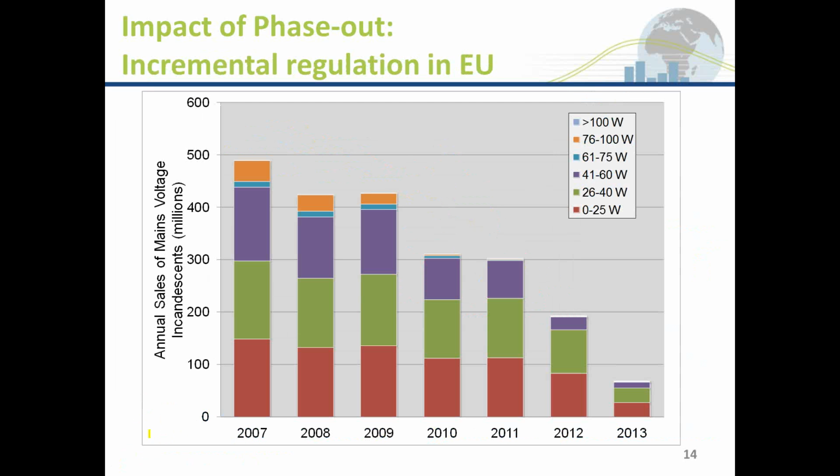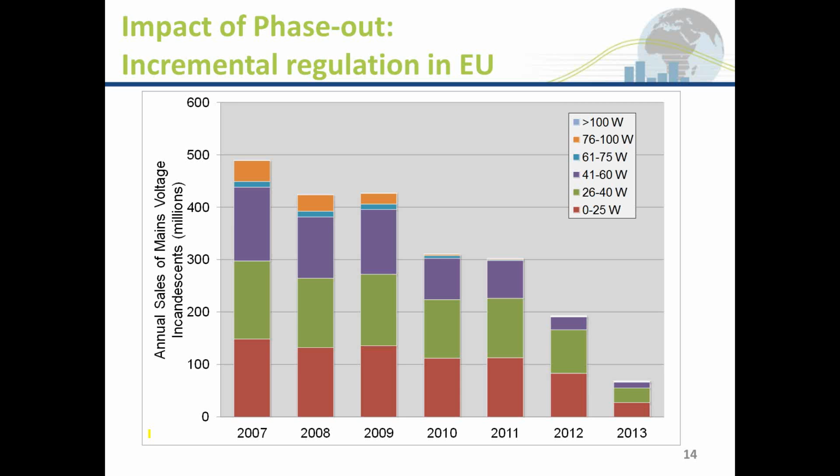We can see this clearly by looking at the EU. This is incandescent sales in the EU by year, by lamp type. So this is drawn from the EU mapping report, where there's much more detail on an individual country. You can go and look at that. There's similar things for other countries. You can see the step down,